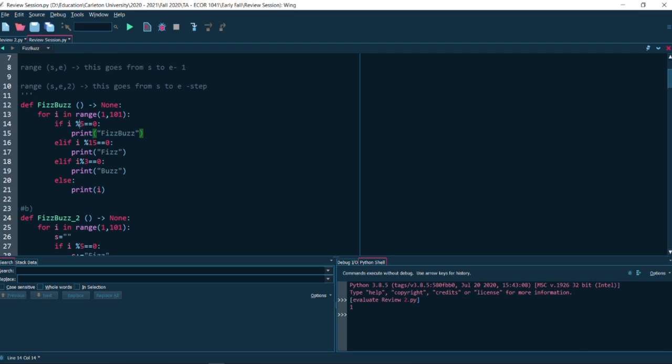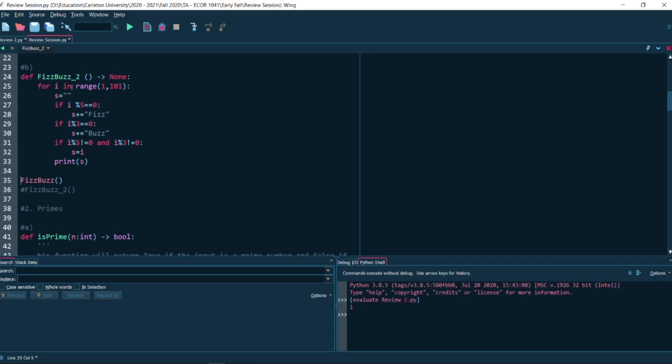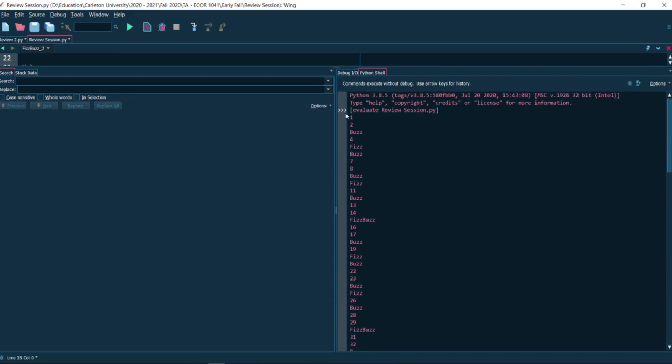So 15 is the special one, right? Because it's divisible by 5 and 3. So if it moves on from this one, that means it's not divisible by 15. That means it's either divisible by 5 or divisible by 3. It can't be divisible by both. We already checked that. So then it checks for 5. And if it's not divisible by 5, then it's either divisible by 3 or it's divisible by neither. So that's what I mean by getting broader when you go down. You can also check to see if this program works. And this is the type of output you were looking at. Start from 1, 3 is a buzz, 5 is a fizz, and then 15 is a fizzbuzz. Then it just does that. Again, 30 is a fizzbuzz.